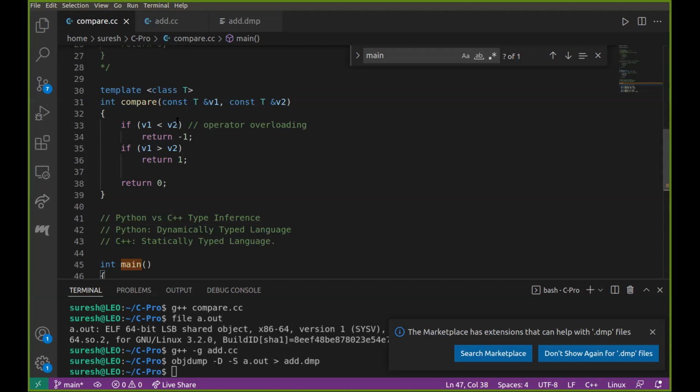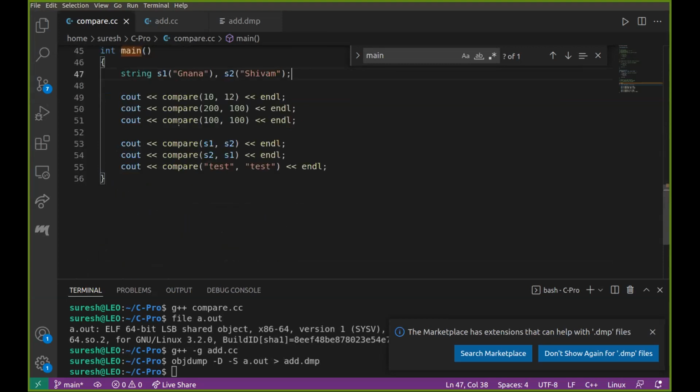The compiler generates an integer version of your code. And if you later on use floating point, for example, 10.0 and 12.0, the compiler generates three different versions of